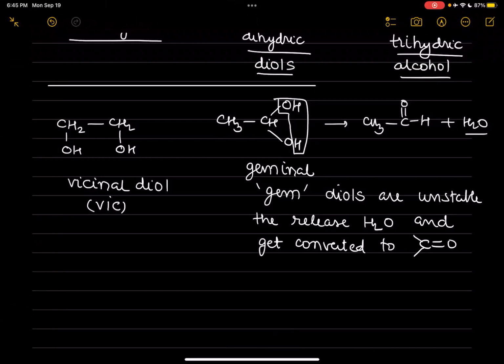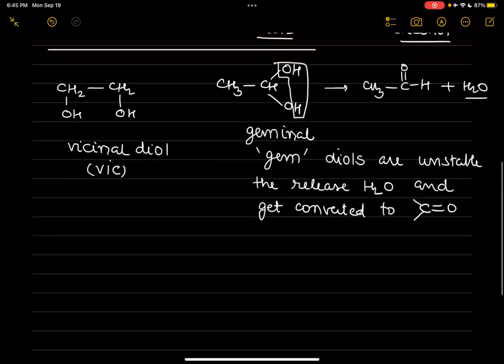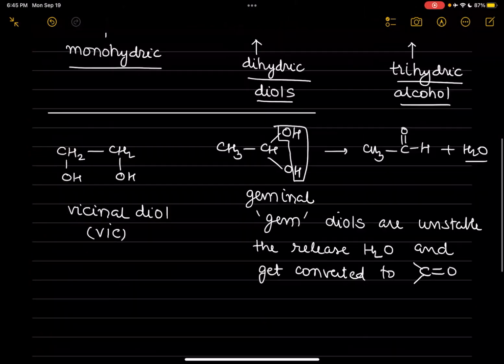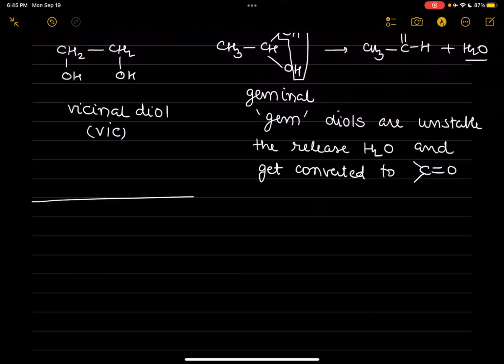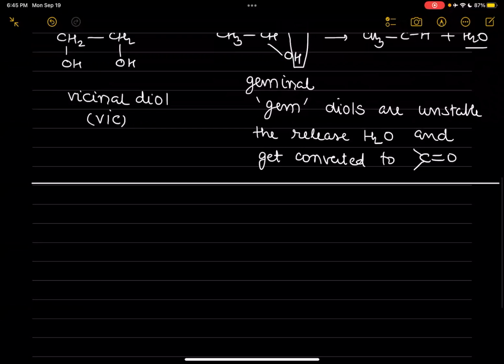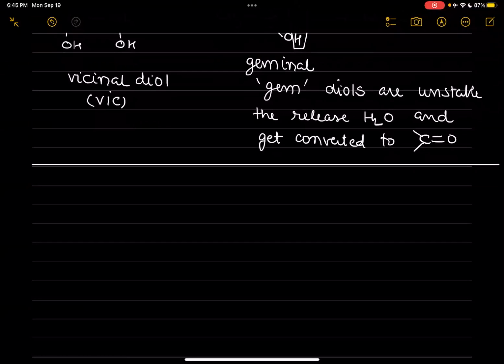Very basic thing, very important. Imad, Karthik, Rayan, is it clear? Yes, sir. So this is the basic classification. Now the next thing after the classification of alcohols is the nomenclature. So what is going to be the name of